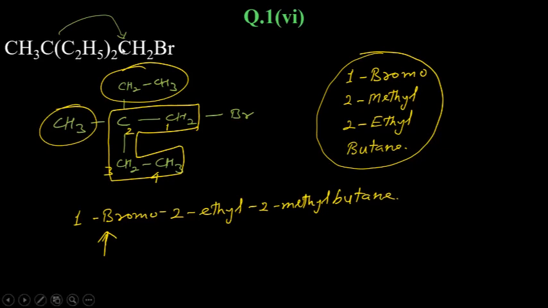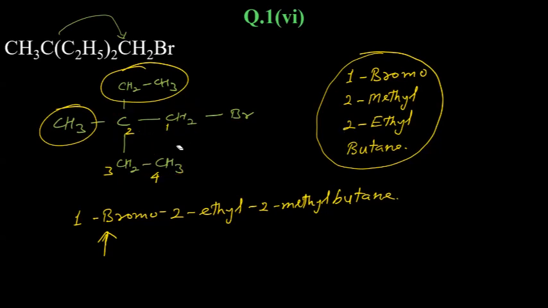Yes, I am coming to that. Almost everyone is correct about that. This is an alkyl halide, and this is a 1 degree halide. The reason is the carbon which is attached to bromine is attached to only one carbon, so this is 1 degree. There is no double bond, no triple bond, nothing else, so it is simply an alkyl halide.